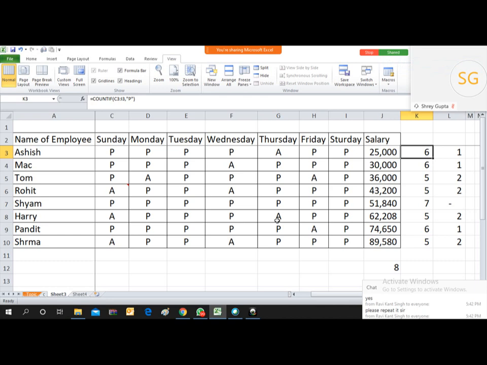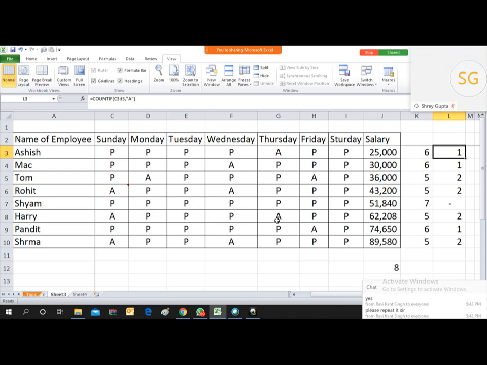Here we have just put the criteria that it will count P. By counting P we are assuming that Ashish is present for 6 days or absent for 1 day. So in this way you can also utilize this counting formula.